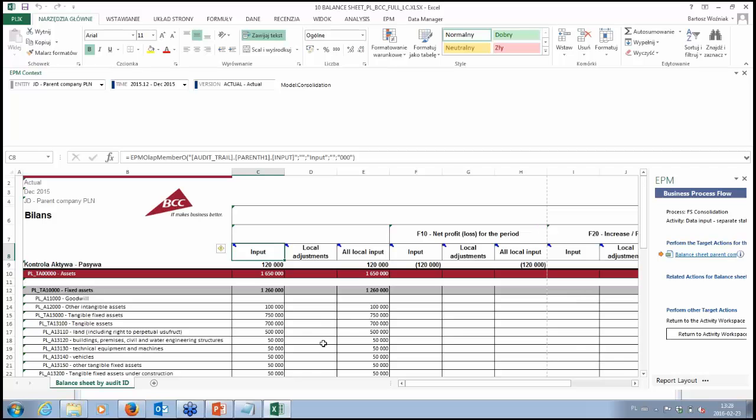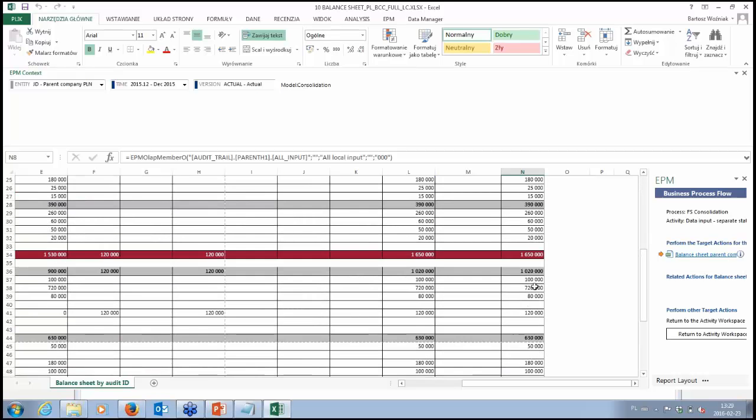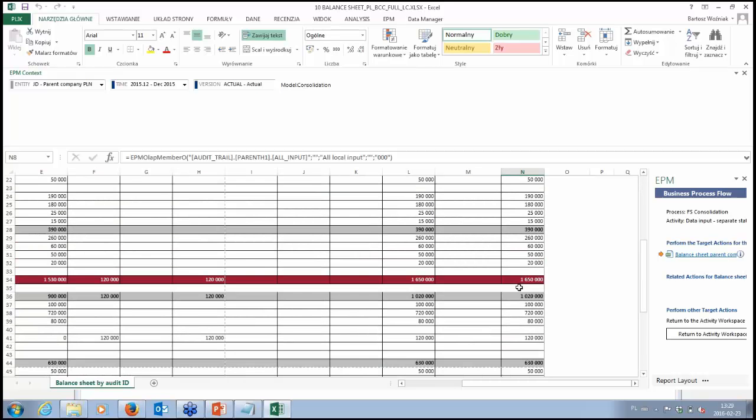For example, I could make some local adjustments here, so we distinguish between automatically imported data and manually provided data, but they are summarized in this dimension member, all local inputs. So this is, let's say, pure data input for further processing. And when you see the closing balance for all local inputs, we already have well prepared data.